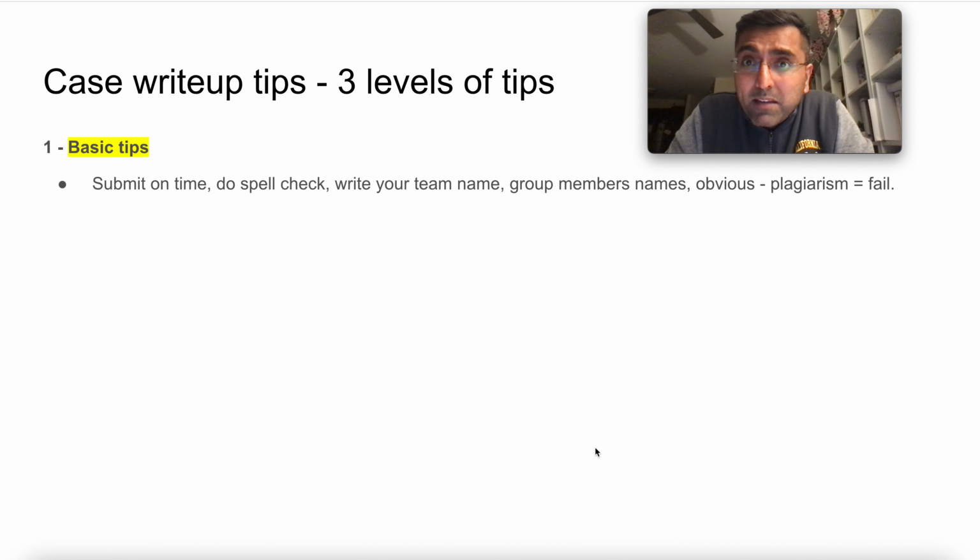Write your team name and your batch name in the header, with group names and team members, all of them who've submitted. If it's part of a group, then add your group names at the very top on the first page. And the most basic tip is avoid plagiarism, like searching the internet, or answers that are copy pasted from any other previous submissions. You are 100% likely to fail if you do the wrong things. So avoid wrong things. Basic.